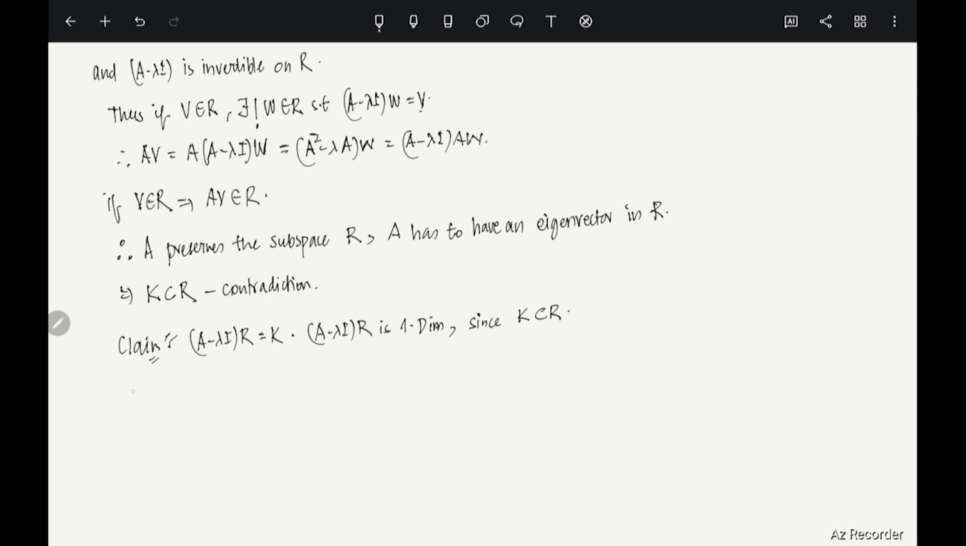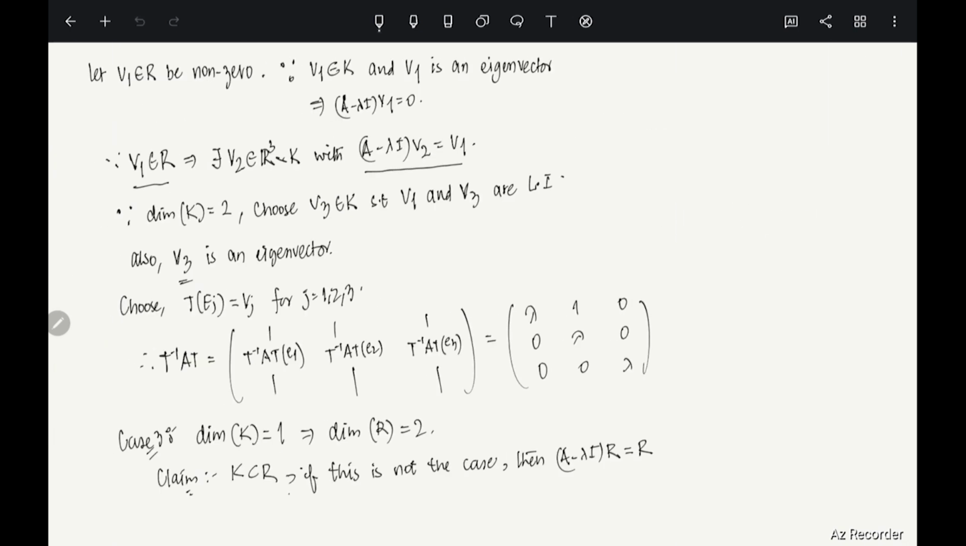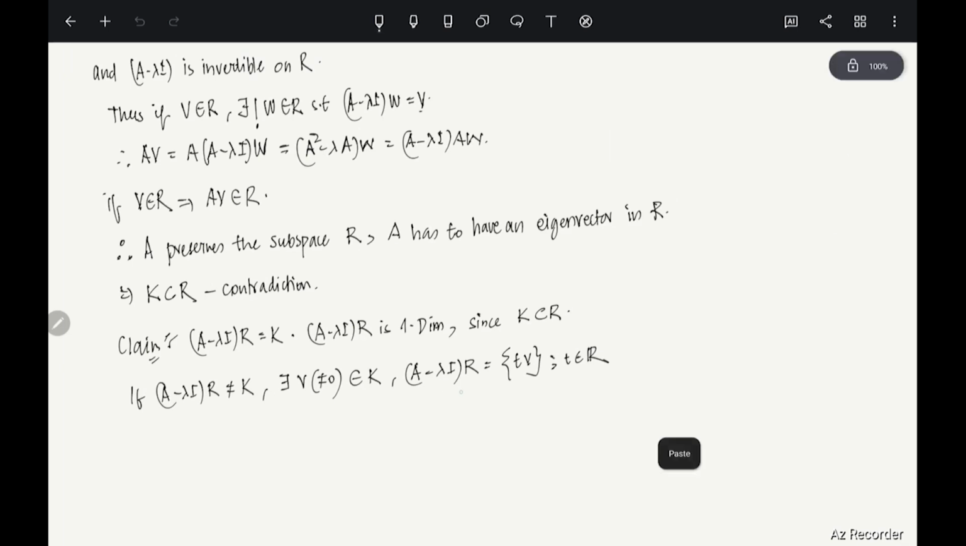Okay. Now, let's say if A minus lambda I times R is not the same as K, then there exists a non-zero vector V which is contained in K, for which A minus lambda I times R has to look like T times V, because it's one dimensional, right? T times V, T is in R, let's say. Clear? See, here we have assumed the dimension of K is 1, right? So that is why A minus lambda I times R has to look like T times V. Clear? Okay, so if this is the case and T is not 0, then that will imply that